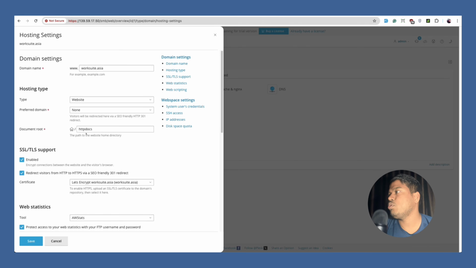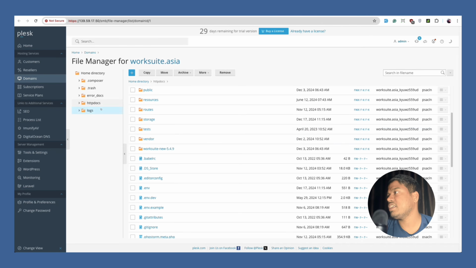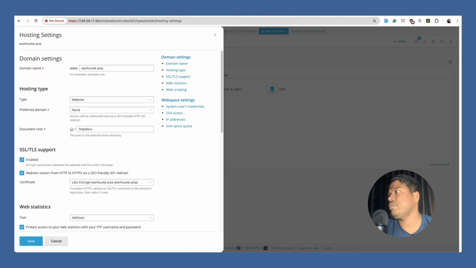So document root, we can see it's pointed to httpdocs. Where are our Worksuite files? The Worksuite files are inside httpdocs and the public folder is here. So again we will just have to add \public and save